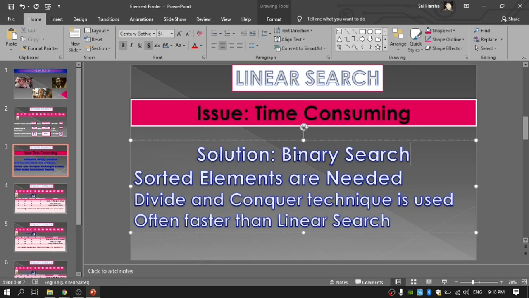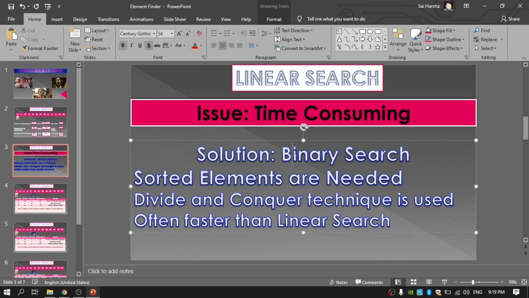As the name implies, binary means we divide the given list of elements into two parts each time. For each step, I check whether the element is available in the upper half or the lower half.